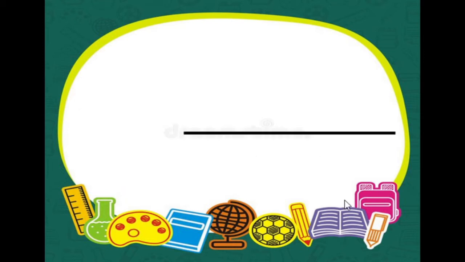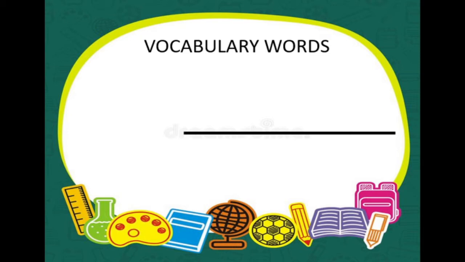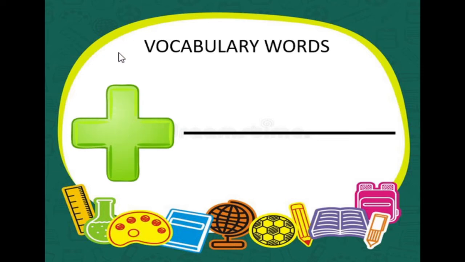Okay, let's try to learn vocabulary words once again. I will show you a picture and I'll tell you what it is and repeat after me. Alright? Okay, let's begin. Is the first picture familiar to you? Well, this symbol or sign is for the operation